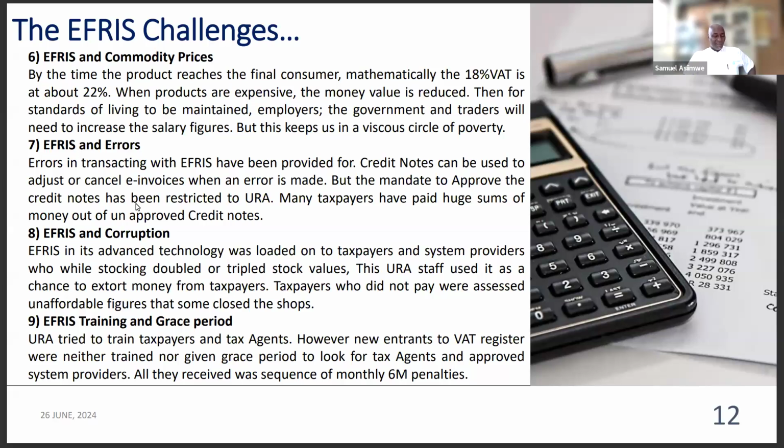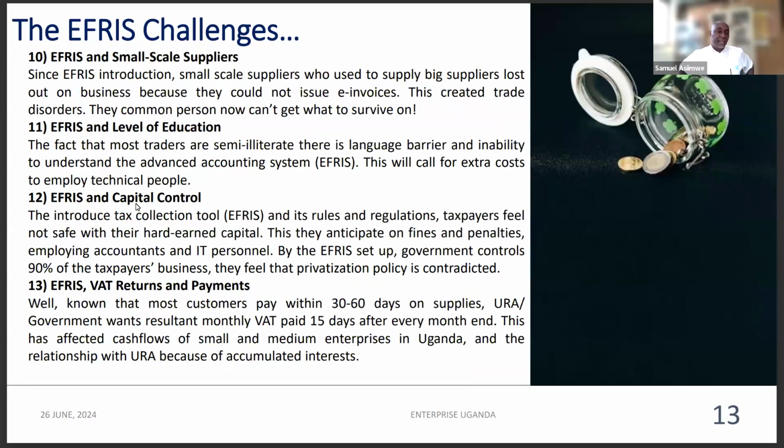So the new entrants, especially in the months of February and March, all that they received from URA, or from the system challenges, were the 6 million penalties. You go to your ledger, you find 6 million is already there, that you have issued this one, but yet you are not given time for training, and you are not given a grace period to say we shall start penalizing you after maybe 3 or 4 months, until you get into the picture. Then the 10th EFRIS challenge